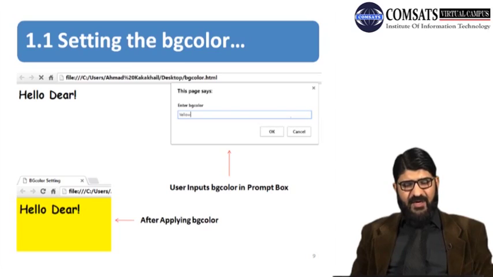The OK button will take the user value and assign it to the bg variable, and then the getElementById method for backgroundColor, that is bg, which is yellow given by the user, is assigned and applied accordingly. So after applying, you can see on the screen the background of the page has changed to yellow.